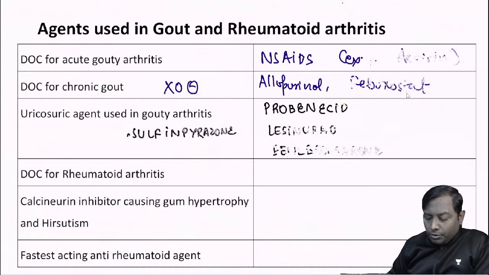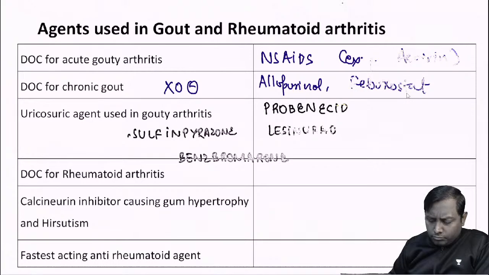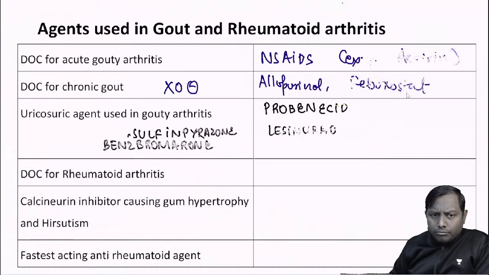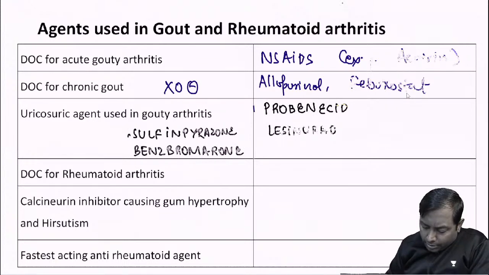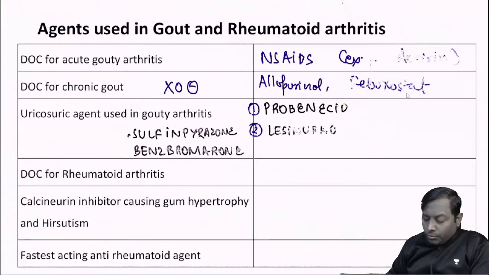Sulfinpyrazone is a uricosuric agent. Lesinurad, benzbromarone, they are also uricosuric agents. Okay, so these are the 4 agents, right? 4 agents are there under this one: 1, 2, 3, 4. Drug of choice for rheumatoid arthritis, we all know methotrexate, that will be one of the